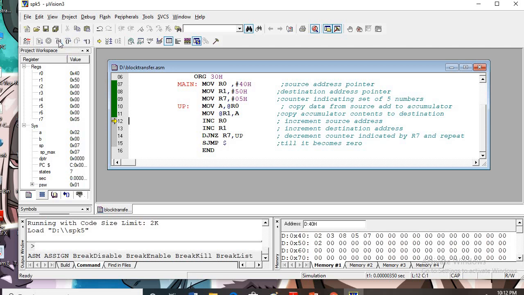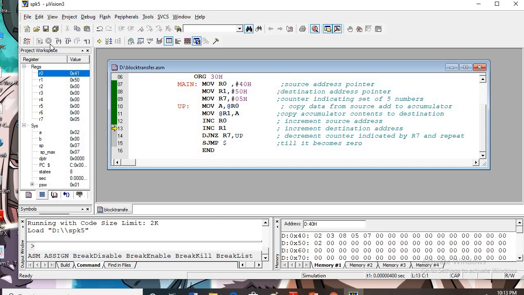Now once again, next, now from that accumulator the number is copied to R1 address. So here you can see here is a register set. Here it is your actual memory, data memory section. So this 02 is copied to 50, that address. Instruction is from accumulator, now it is copied to the address pointed by R1 register. Fine. And one by one it will do.